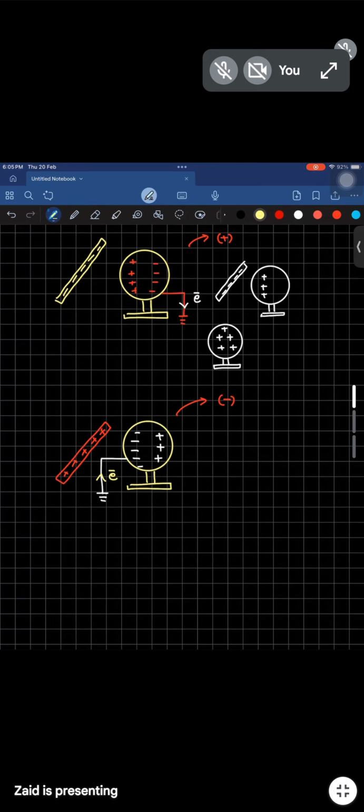Okay. So now what is going to happen? Sir, we are having positive charges over there, and you are saying I have to make it negatively charged. I can only make negative charge when the positive charges are going to go away. So how are they going to go away? Only when you have excessive electrons. So in this case, positive charges never go. So what you're going to say? Electrons, or you can say negative charges,